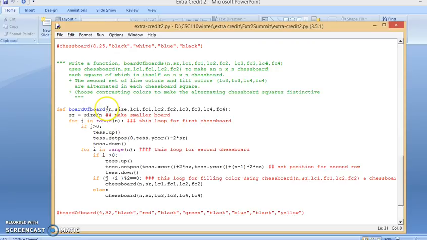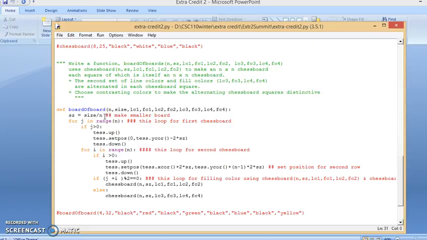In board_of_boards, we have a definition for n, side, FC1, FC1, FC2, FC2, FC3, FC3, FC4, FC4. I create side divided by n to make the squares smallest,